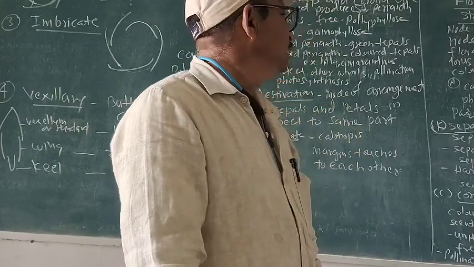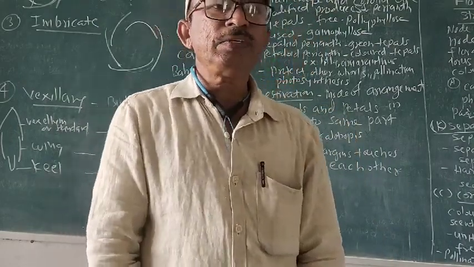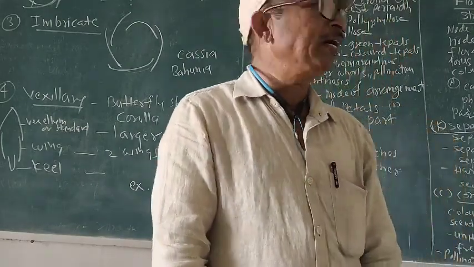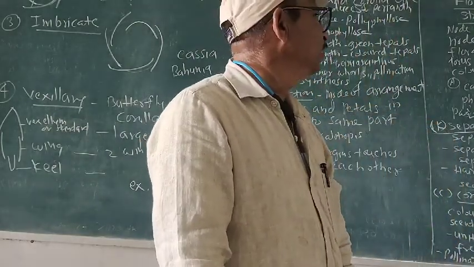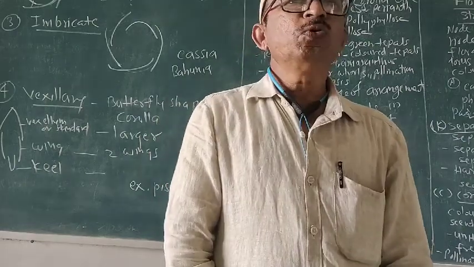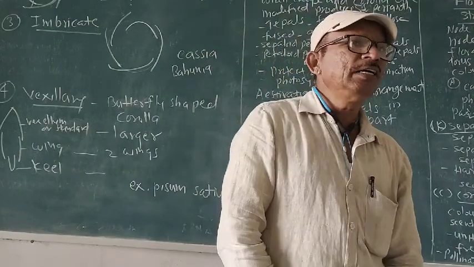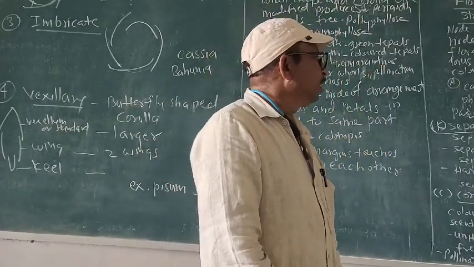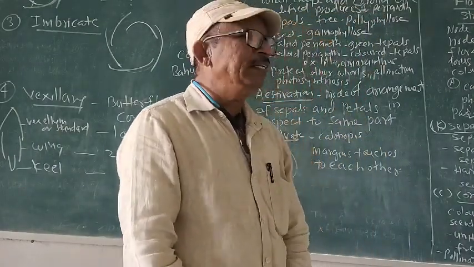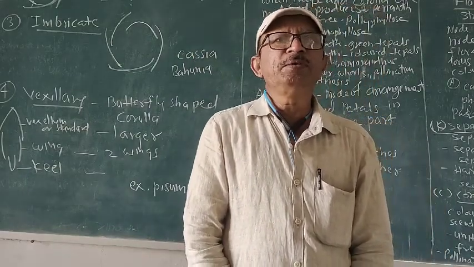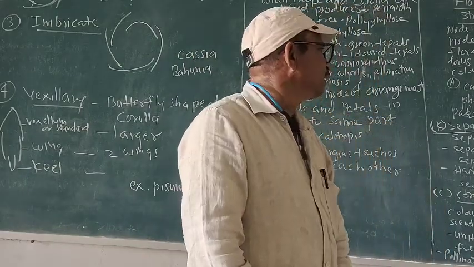Number one is calyx. त्याला आपण मराठीमध्ये निदलपुंज असं म्हणतो. ते हिरव्या रंगाचं आहे. It is green in color. It is useful in the photosynthesis process. प्रकाश संश्लेषणाच्या ते कामी येतं, कारण ते हिरव्या रंगाचं आहे. It protects the inner part. What are the functions of this calyx? It protects the inner parts also.